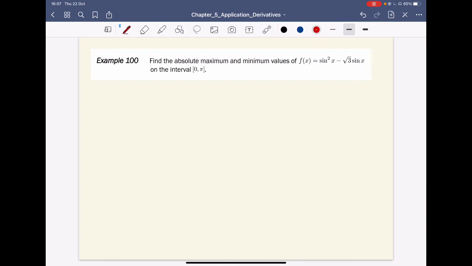So we have sine square x minus square root 3 times sine x on the interval 0 to pi. So what is going to be our absolute max and absolute min? Here we go. So we're gonna differentiate f first. So I have 2 times sine x, and then by the chain rule I have cosine x, and then minus square root 3, differentiate sine, get cosine. Alright, so for sure I see cosine x, so I can factor out. So I have 2 sine x minus square root 3 here,